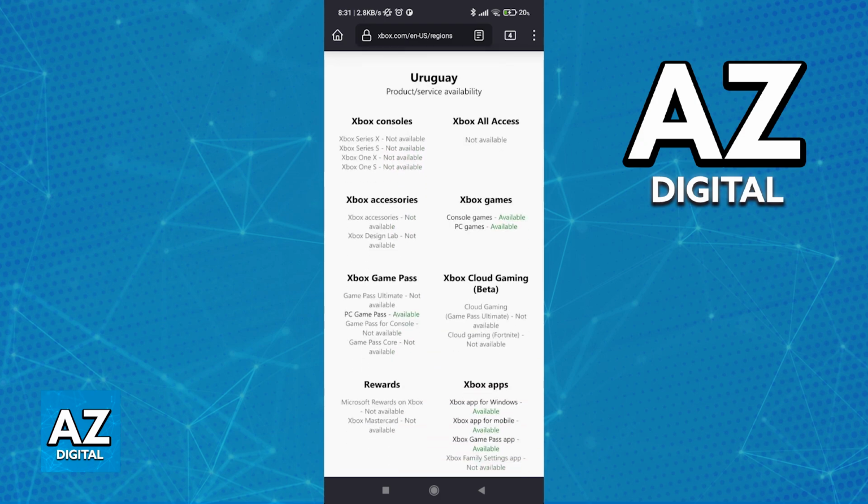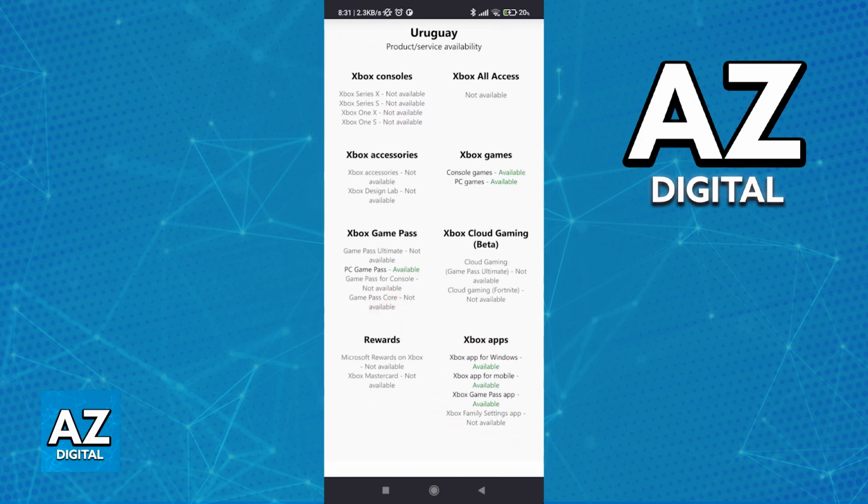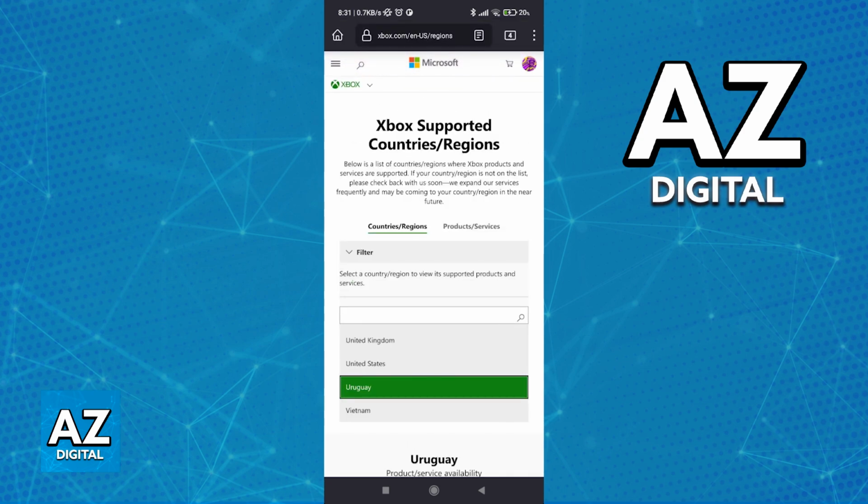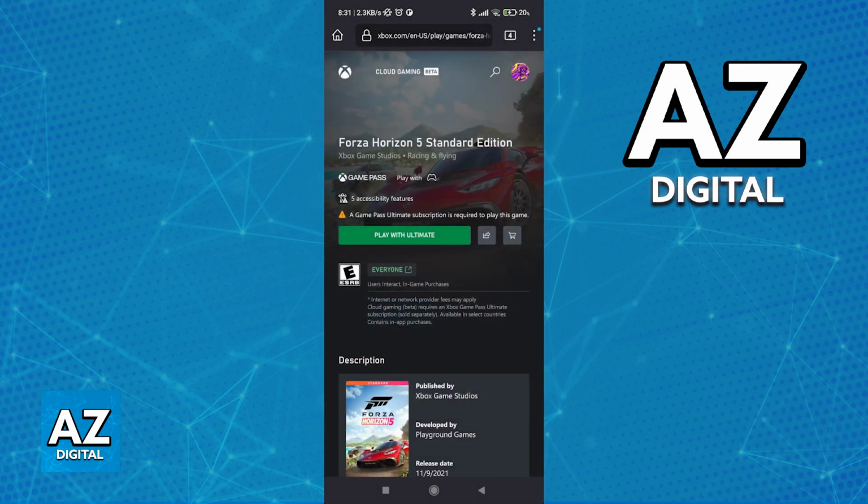However, if you select a country and it tells you that it is not available in that region, you will then have to use a VPN. For this video, I'm not going to cover any sort of VPN, but there are plenty of services out there and you can choose whichever one you like. Just make sure that you are connected to a VPN when you try to access the service and you will be able to access it then, but not natively if it isn't available for you.